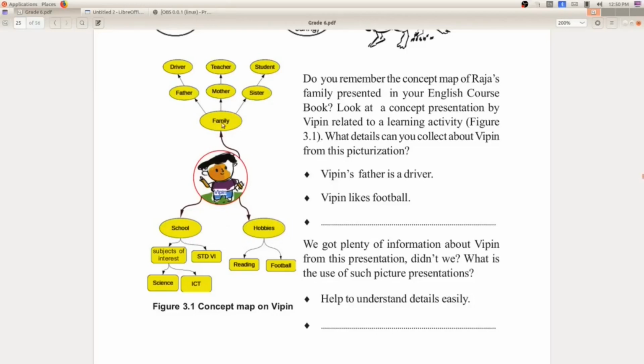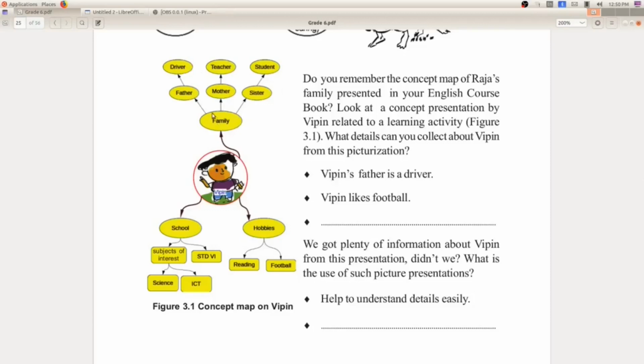According to his family concept, he has a father, mother and a sister. Father is a driver, mother is a teacher and sister is a student. So from this picture it is very clear about his family concept.